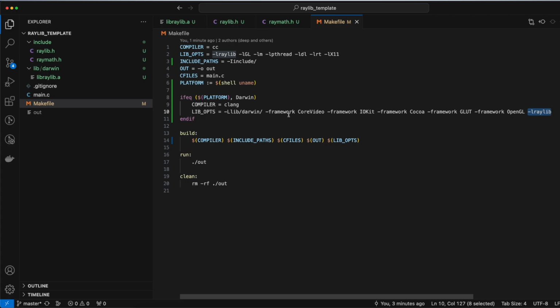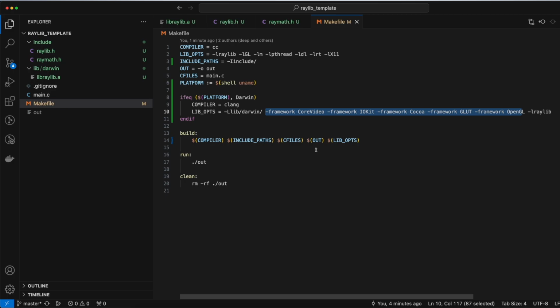is something which is very common on OS X, but not that common on Linux platforms. What a framework essentially is on OS X, it's a bundle of shared libraries, header files, and things like that, right? So yeah, we don't have to put much of our focus here. We pass a couple of frameworks like the OS X Cocoa framework, the GLUT framework, and the OpenGL framework, and that's it. These are the extra things that we need to add to make the Raylib project build on OS